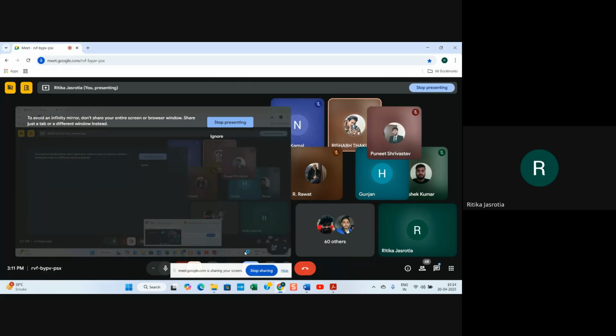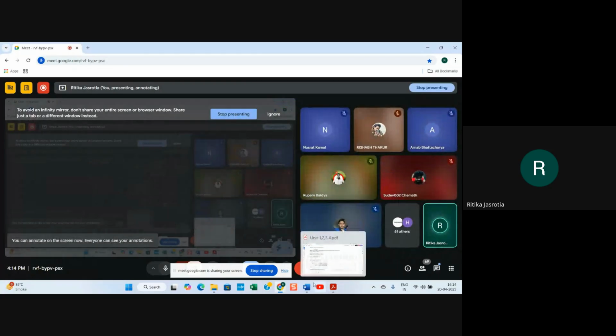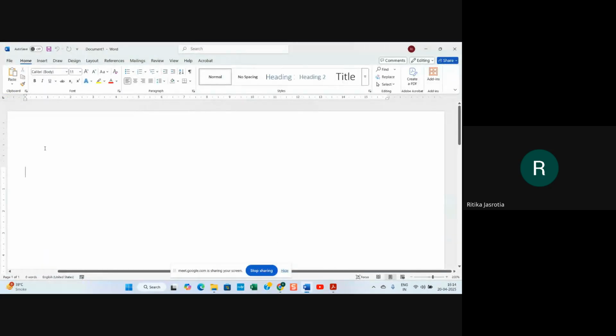Class? Anybody knows programming? No. Yes, ma'am. Those who are from a computer background must be knowing how to do programming. So what is a matrix? Can anybody tell me what is a matrix? Those who have studied maths in 10 plus 2 must be knowing what a matrix is. No.